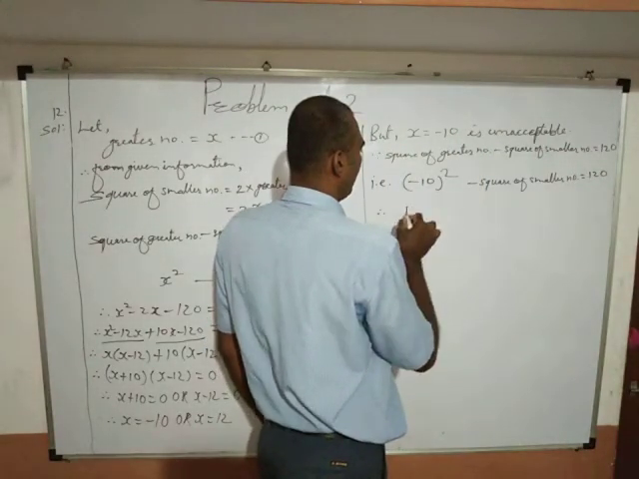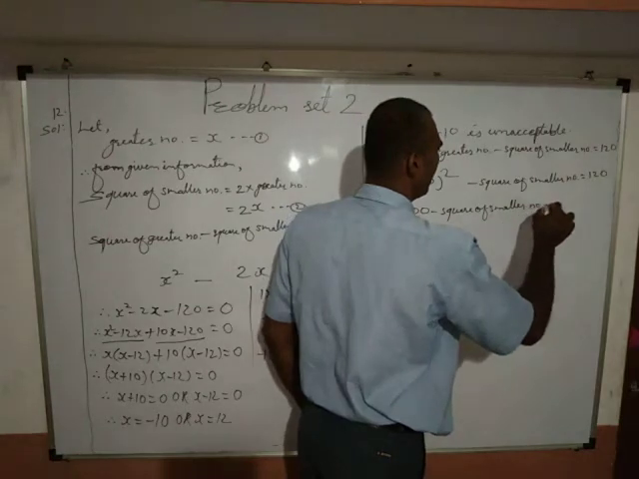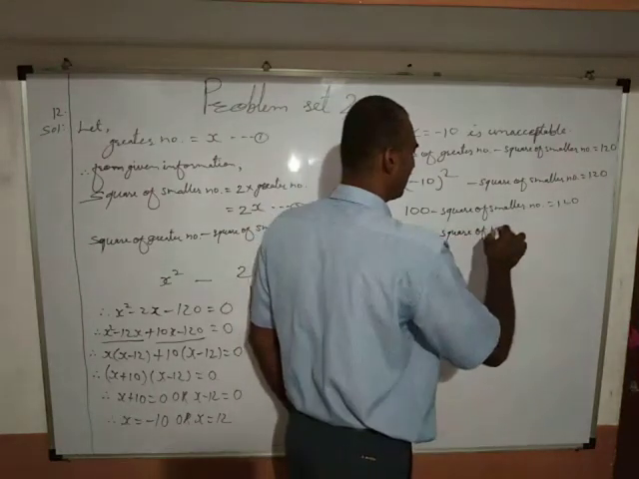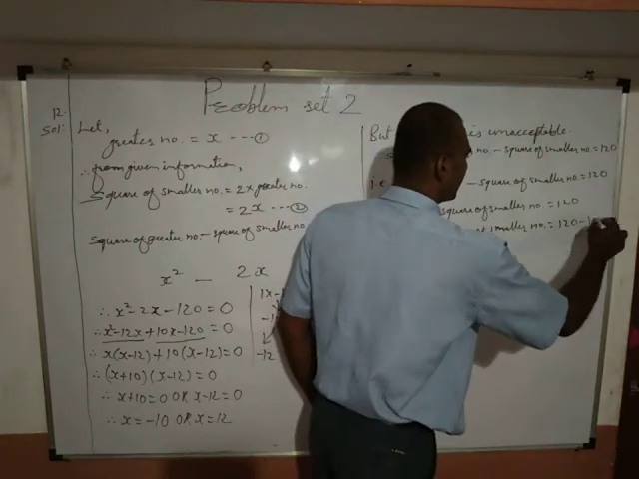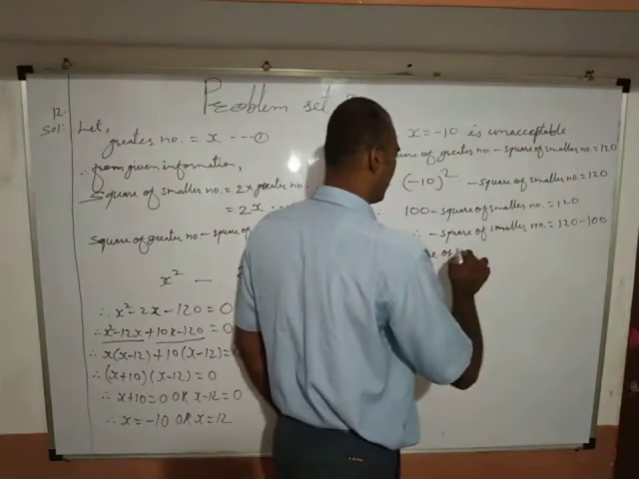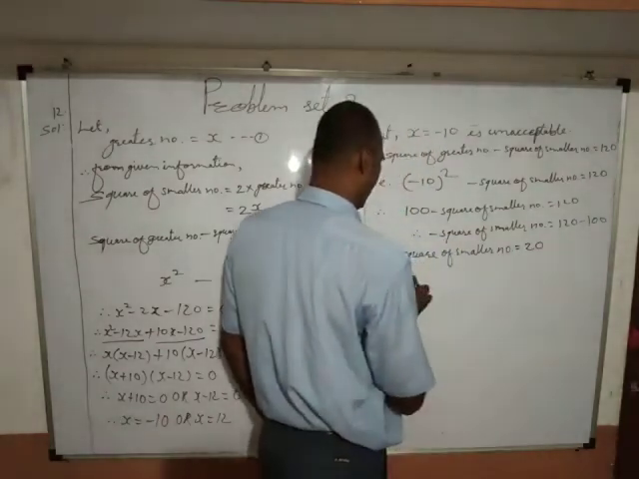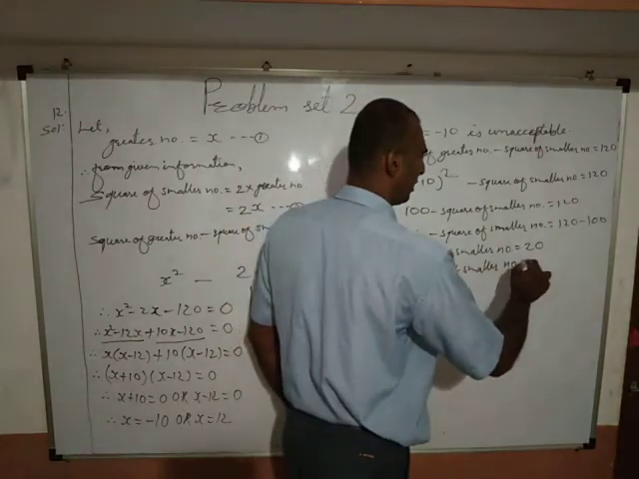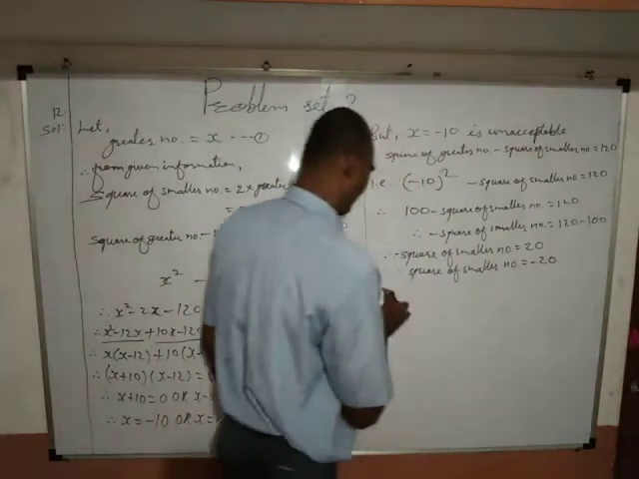Okay, and therefore it will be 100 minus square of smaller number equals 120, and therefore minus square of smaller number equals 120 minus 100, and therefore minus square of smaller number equals 20, and therefore square of smaller number equals, minus sign will be transferred towards right, it gives us minus 20, but